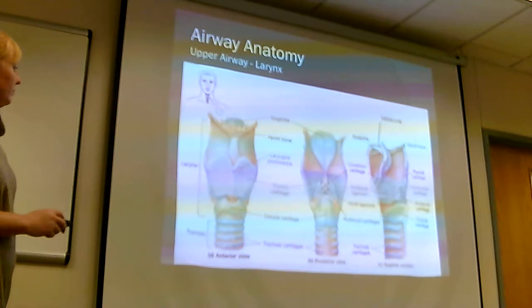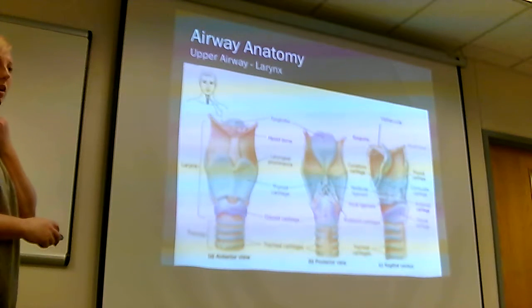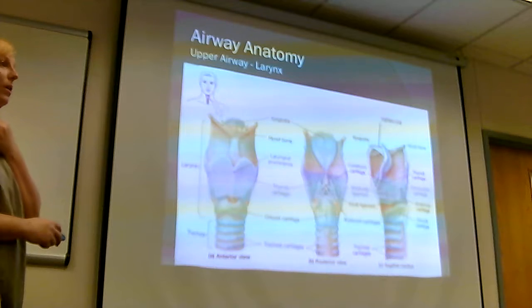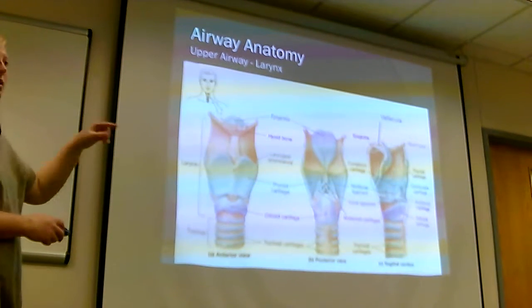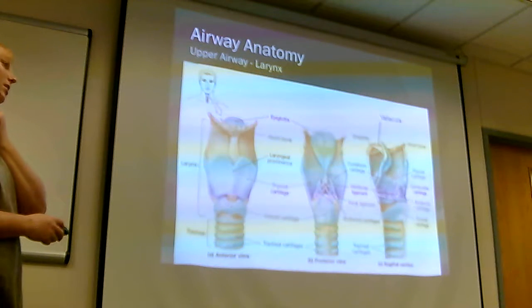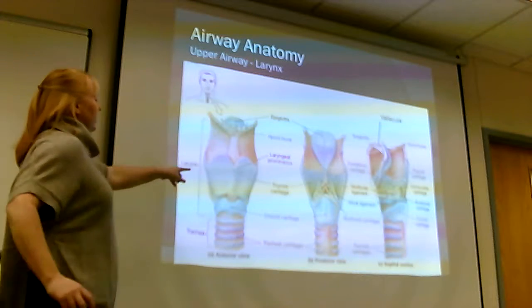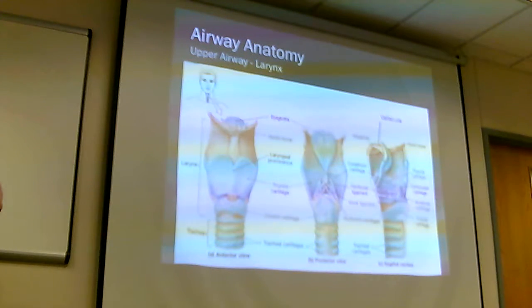I would challenge you to find that on yourselves and on each other and get good. Go home and feel it on your kids and your wives and your husbands. Get good at feeling that, and on all sorts of body habitus. You need to be able to identify that structure. This thyroid cartilage is also the point where you can manipulate the airway, or have someone manipulate the airway, when you're intubating. You can move the vocal cords down and into view if you're having a hard time